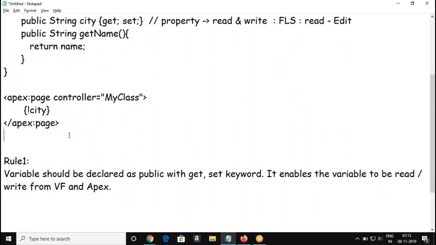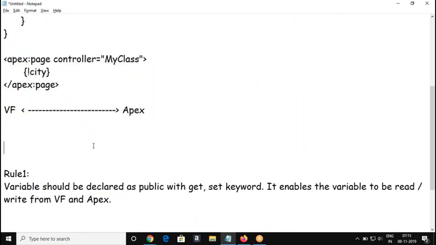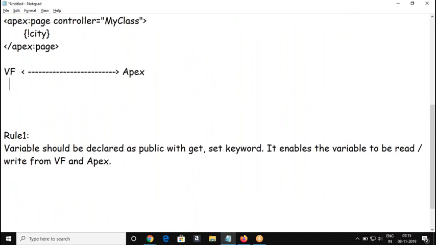So right now the city variable value can be passed from Visualforce page to Apex, and from Apex to Visualforce page, only if it is declared as a getSet property.